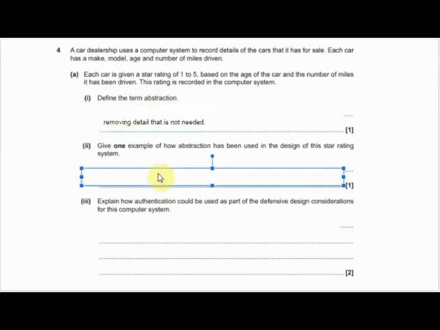Give one example of how abstraction has been used in the design of this star rating. Well, you'll see here, each car is given a star rating of 1 to 5 based on the age of the car and the number of miles. The rating is recorded. It says give one example of how abstraction has been used in the design of this star rating system. Well, it's only using the age or the number of miles of the car,